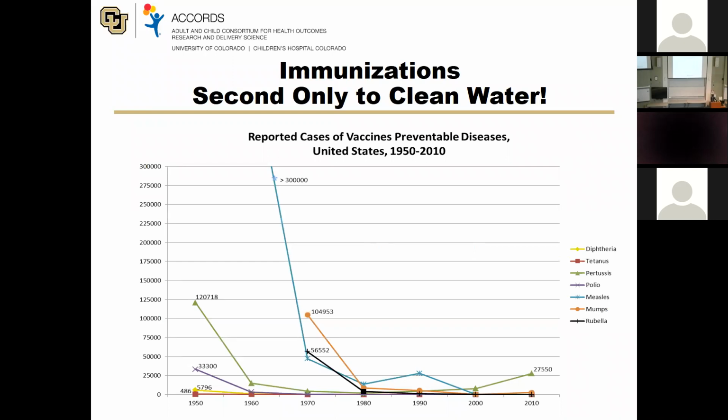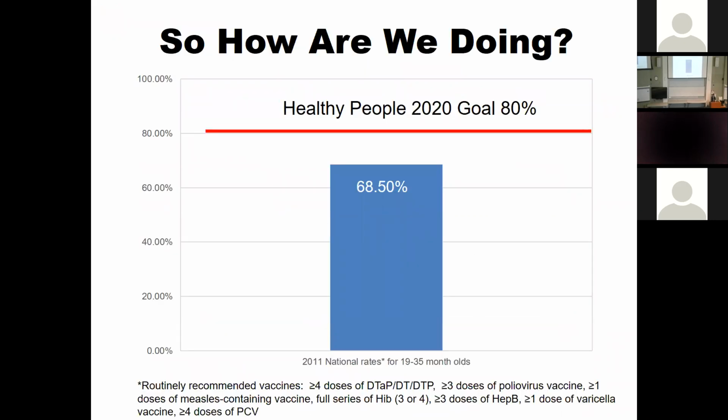This slide goes to 2010, and we did start to see some bump ups in pertussis, or whooping cough. Those have continued, and if we had another 10 years here, we would see also bumps in mumps and measles, which I'm sure you've heard about for different reasons. In any case, very important problem. So how are we doing? The Healthy People 2020 goal for 19 to 35-month-olds is 80% up-to-date rate with all recommended vaccines. At the time this study was done, our rates nationally were 68.5. They're now a little over 70, but still plenty of room to go.